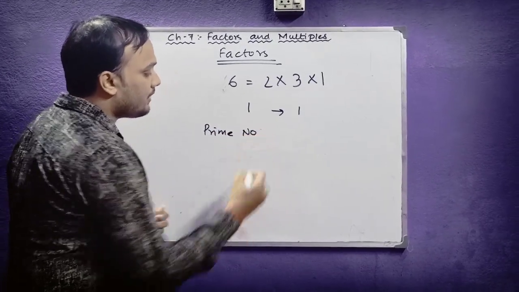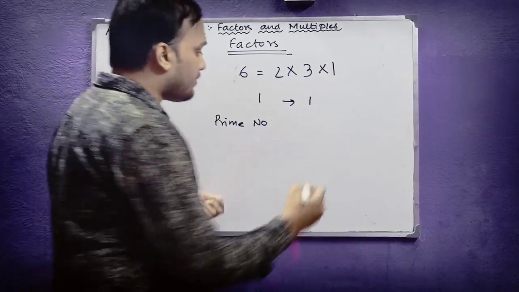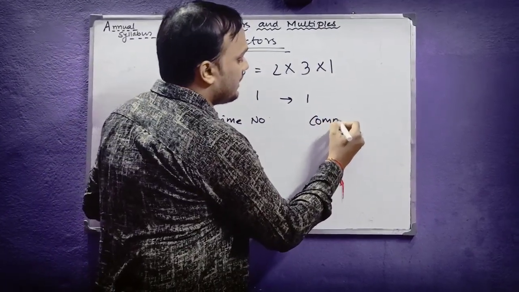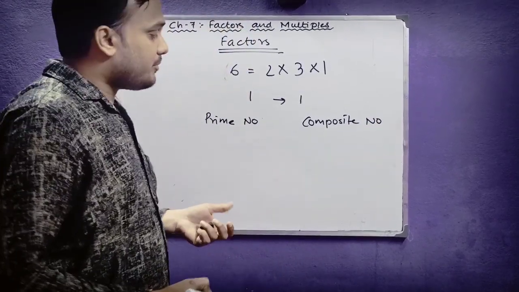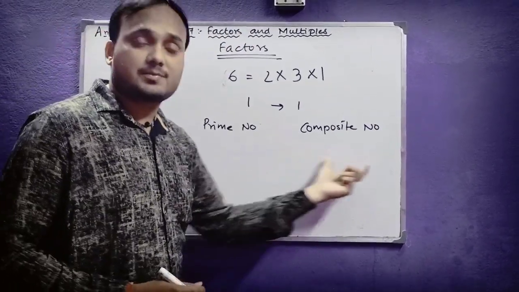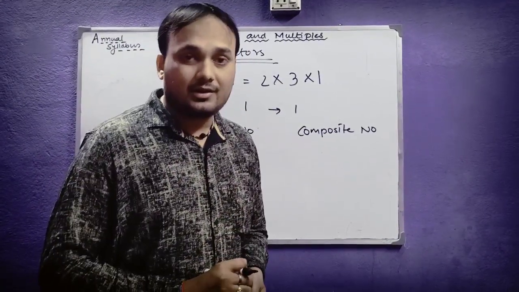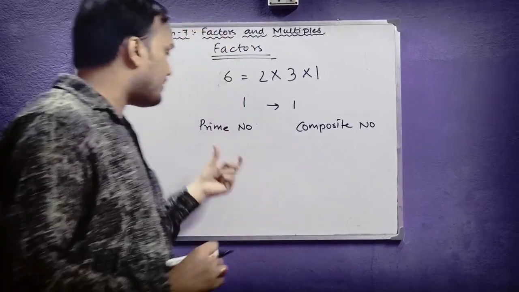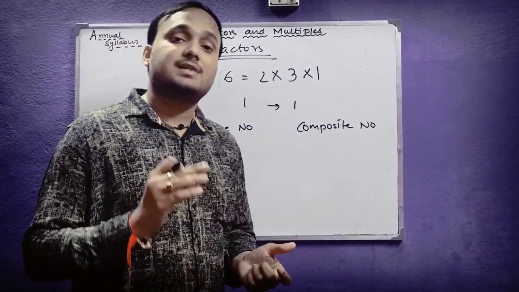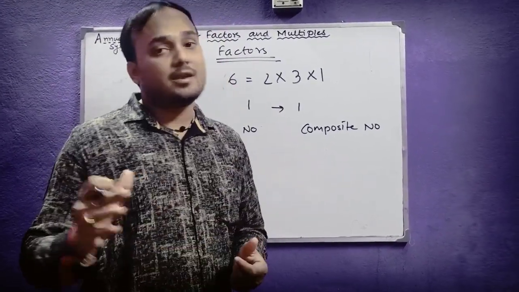You all know about this, I guess. Prime number and composite number are terms in mathematics which you use many times. But if I ask you to define these two with the help of the concept of factors, how will you define them? The definition will be like this: prime numbers are the numbers which have only two factors. Those two factors are 1 and the number itself.